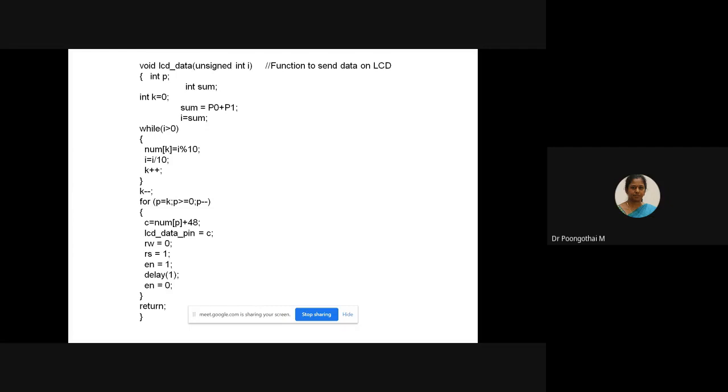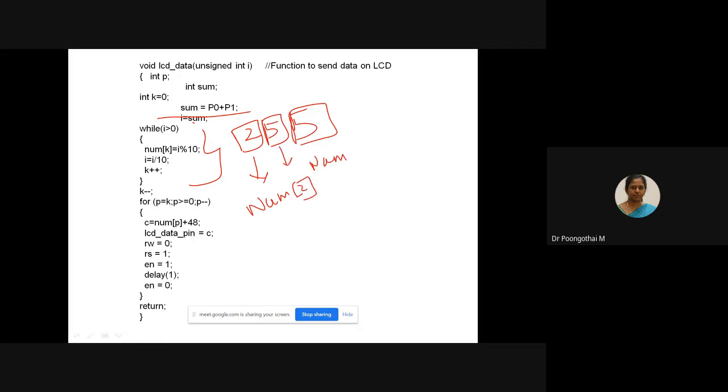Here I am going to add the 2 ports' values, and sum will hold the addition of P0 and P1. This while loop is for separating your digits. Suppose the number is 255, it is divided into 2, 5, 5. Number of 2 holds this value, number of 1 holds this value, and number of 0 holds this.